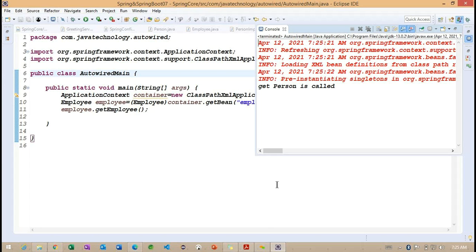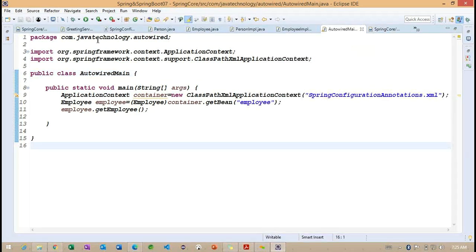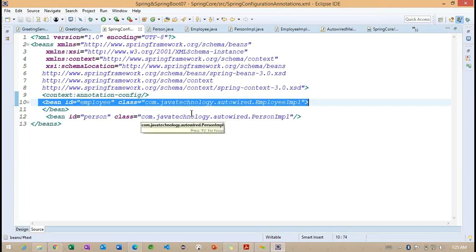Now you can observe what advantages we are going to get here. The first advantage: where is our configuration file? Here we are not defining explicitly the constructor injection or setter injection.